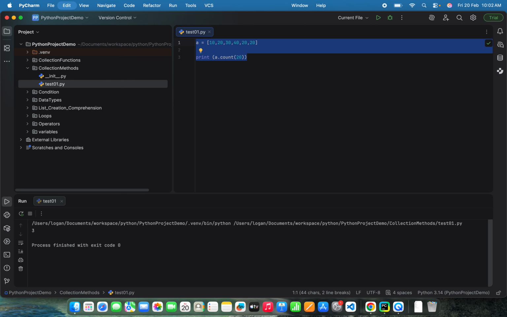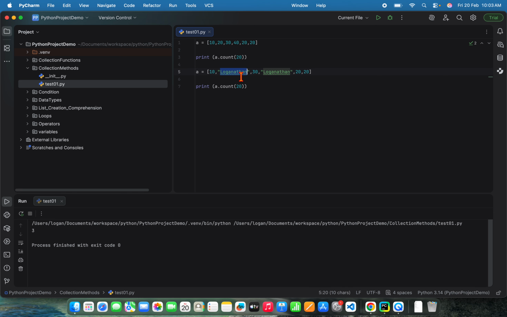Is this applicable only for an integer list? No, we can even use this for a string list or homogeneous, heterogeneous. For any list this can be used. Let me see if I pass this, how many times it is calculating. Okay, let me run this. So first time it is returning 3 because there are 3 20s present in this first list. And then second time it is returning 2. The reason is 2 times my name Loganathan is present in this list. So that's how we can use the count method in our